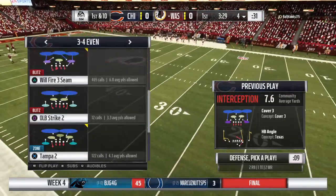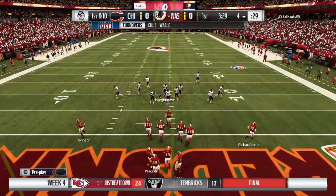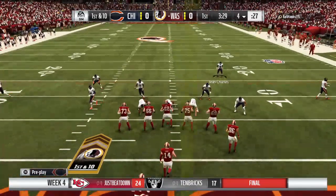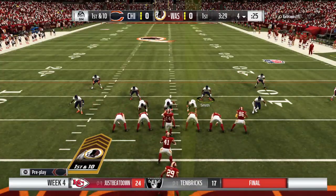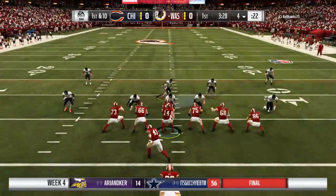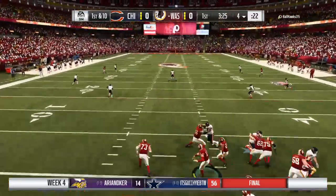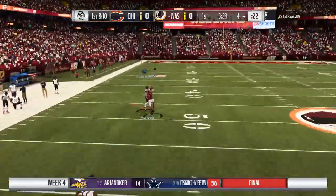Instead, they throw an interception, and they're going to come away empty. Out comes the Redskin offense now as they get set to begin another possession. Well, they're going to have to go at least 50, 60 yards here if they want to ensure that they don't have to punt the ball like they did last time. Yeah, so what you're saying is we're not playing to just get out of the shadow of your own goal line, right? You're playing to make sure the punter doesn't see the...